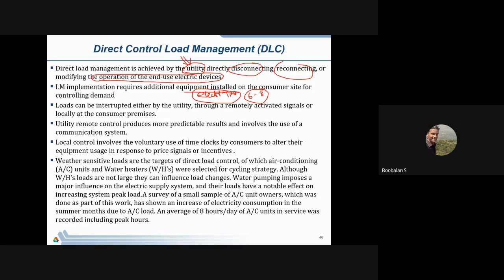So this is what we are going to introduce on the new utility side. The same way, definitely, the electronic timer as well as the actuator are now required, which costs a small amount of money. Definitely, it will need additional equipment to be installed on my consumer side. So this is the important thing. As a consumer, they need to purchase additional equipment that should be installed on the consumer side in such a way that it will automatically be turned on and automatically be turned off, right?